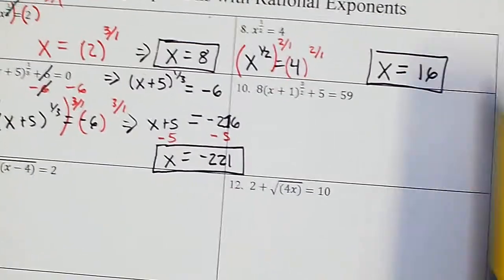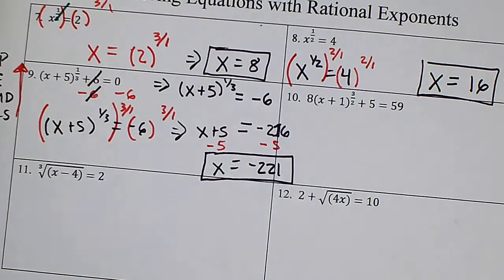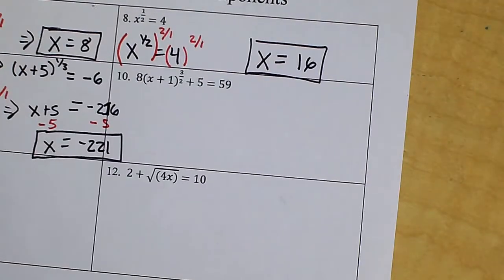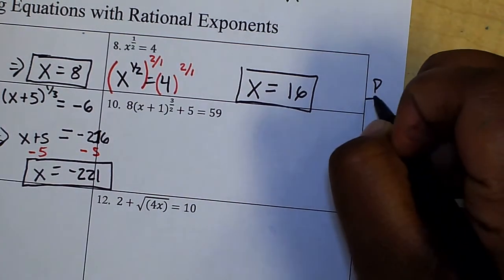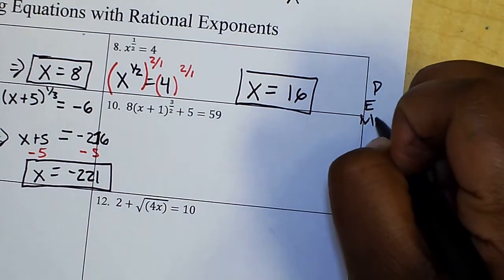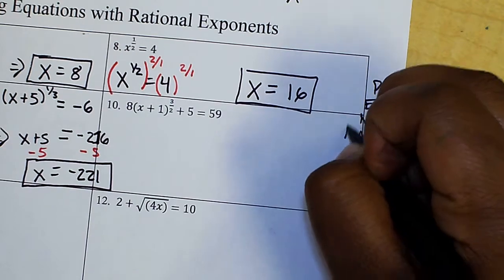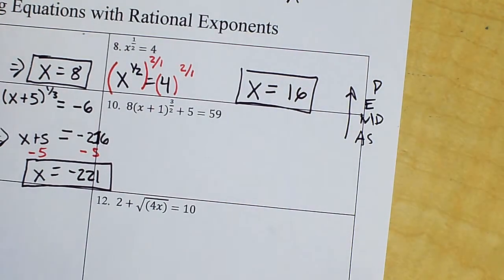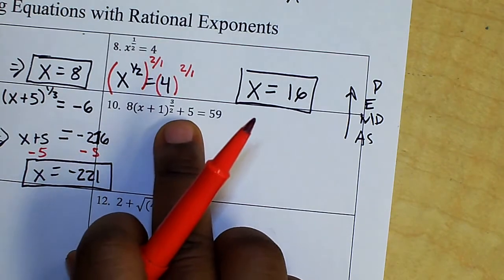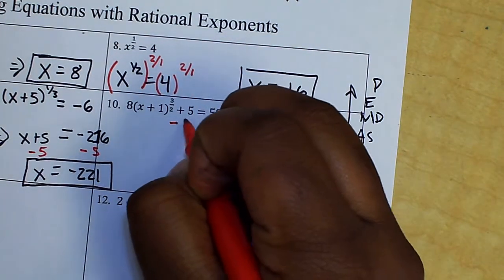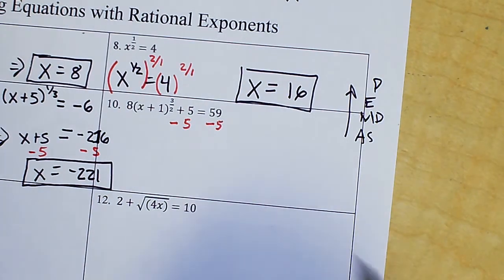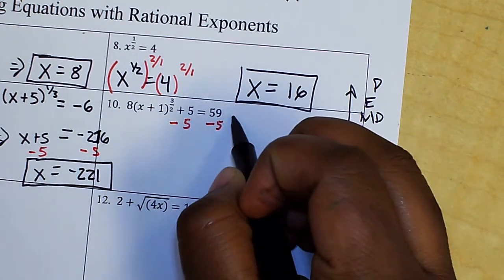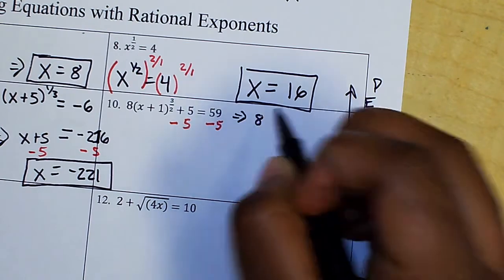So that's how I would do number 9. So let's do another example. Let's look at number 10 because it's a little different. So again, we're trying to do PEMDAS backwards. So first, I'm going to move anything that's being added or subtracted. I see that the 5 is being added, so I'm going to do the opposite. Minus 5, minus 5. As a result, I'm going to have 8,